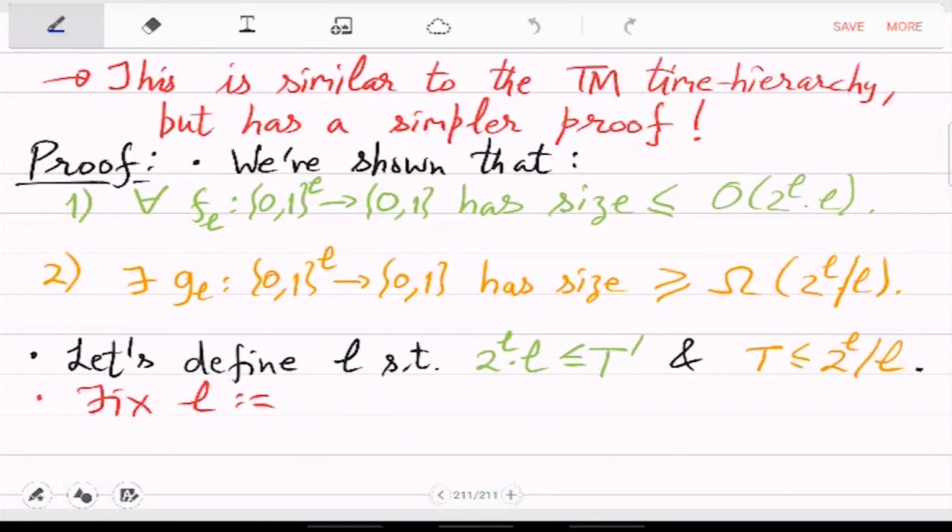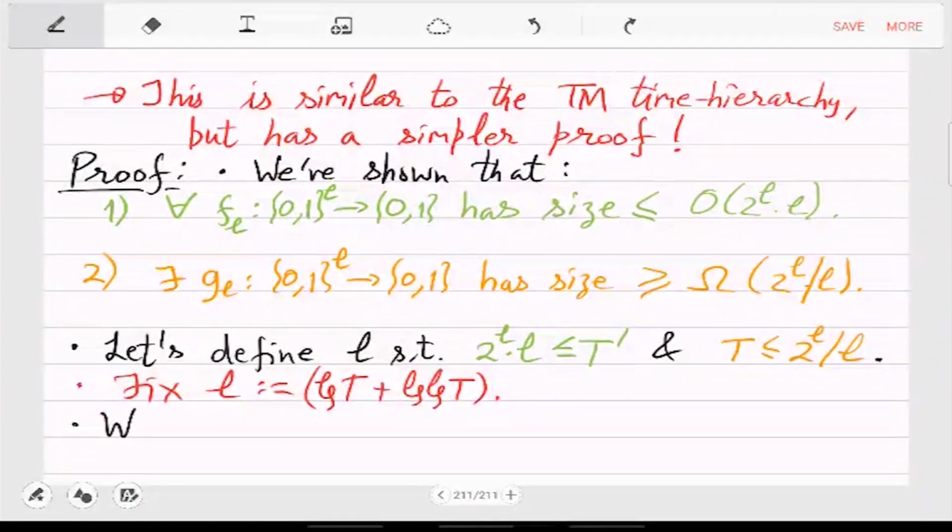So what we want is an L which is roughly like log T. So let me fix L to be log T plus slightly more than that, because I want 2 raised to L by L to be bigger than big T, right? So I want L to be slightly bigger than log T. And now you can just verify